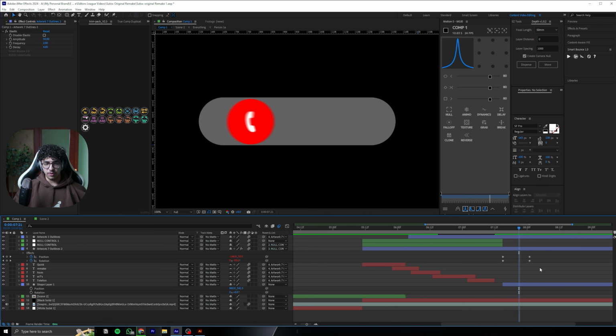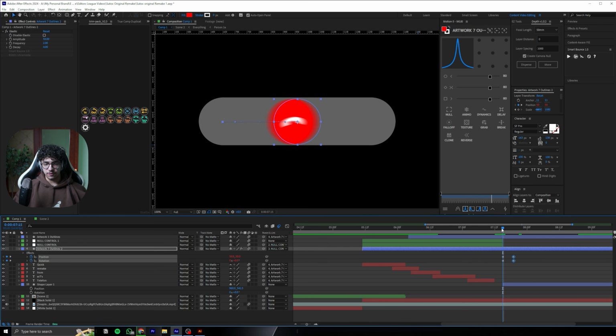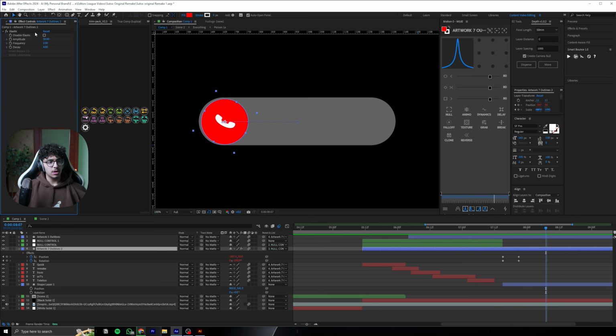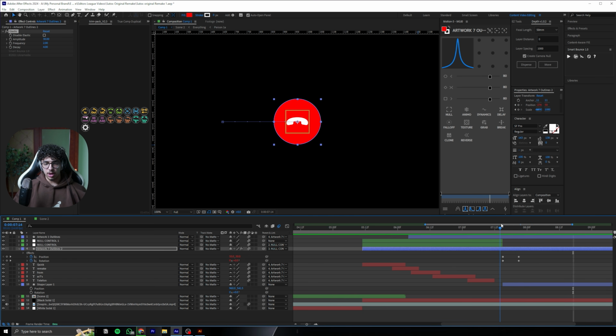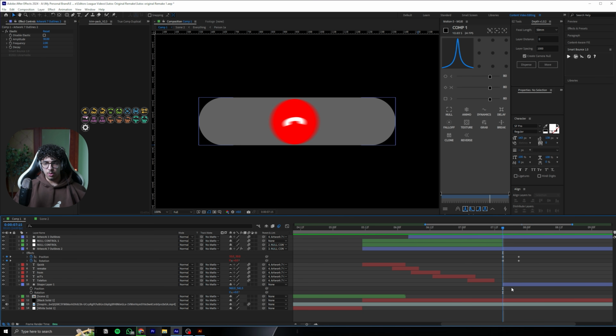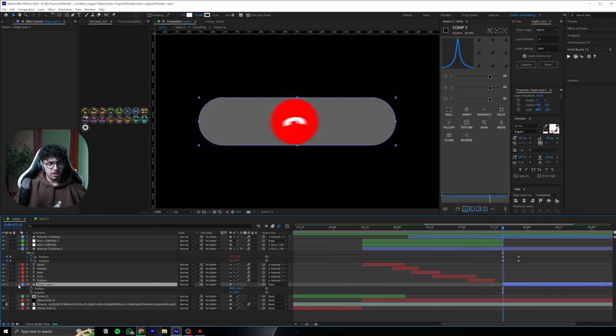It bounces off alone. We just need to make this a lot faster this way. So yeah, cool. So this exact way. Lovely. You guys can see. And I just might want to decrease the amplitude to 30. Alright, so let's have a look at it again. Lovely. Cool. And then while this movement is happening, we want to bring up this shape layer and pretty much